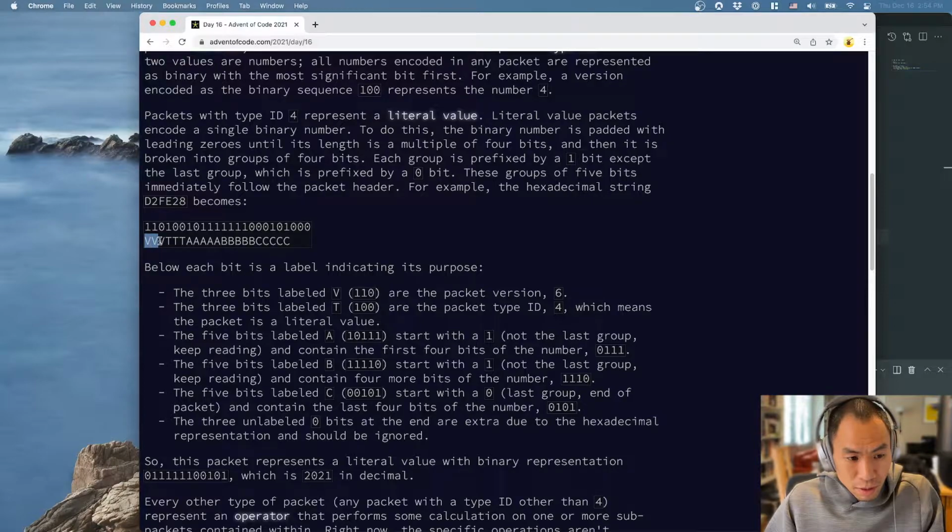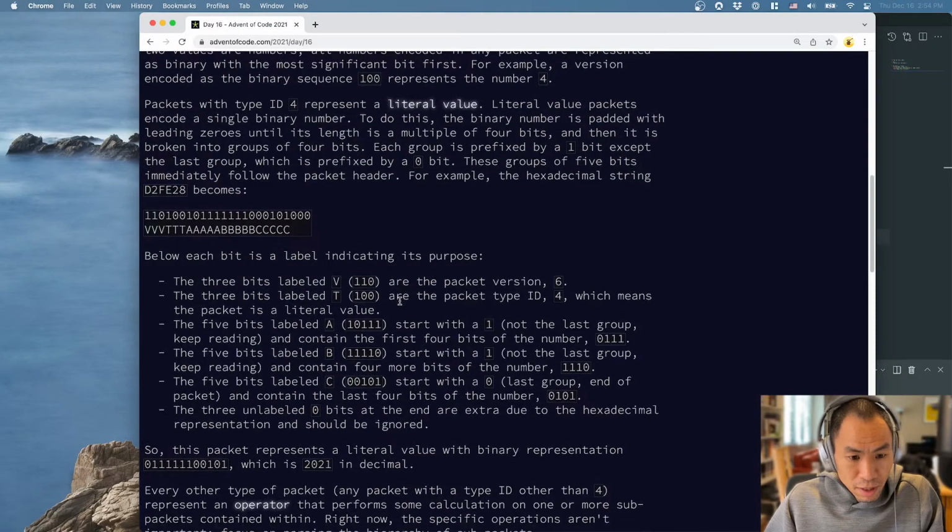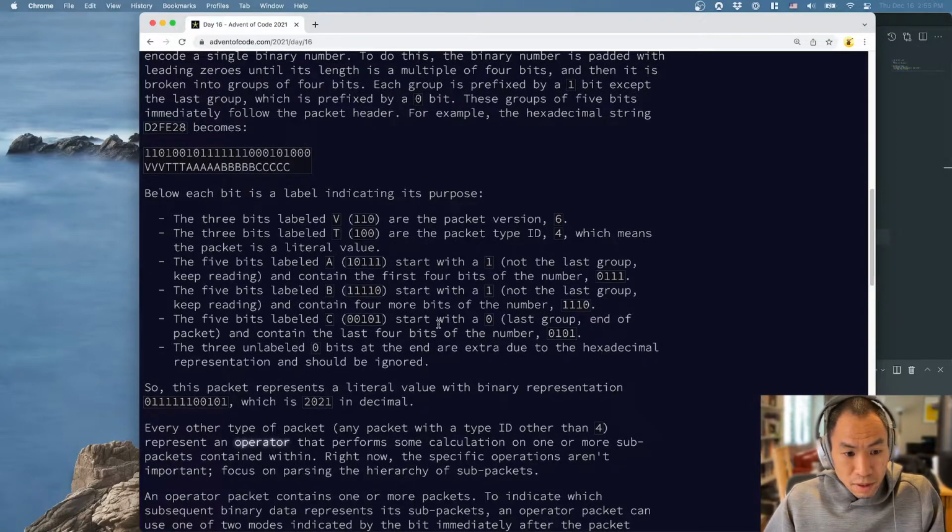which is then converted into these sections, which are labeled using specific letters. Below each bit is a label indicating its purpose. The 3 bits labeled V, 110, are the packet version 6. The 3 bits labeled T, 100, are the packet type ID 4, which means the packet is a literal value. The 5 bits labeled A, 10111, start with a 1, not the last group, keep reading, and contain the first 4 bits of the number,